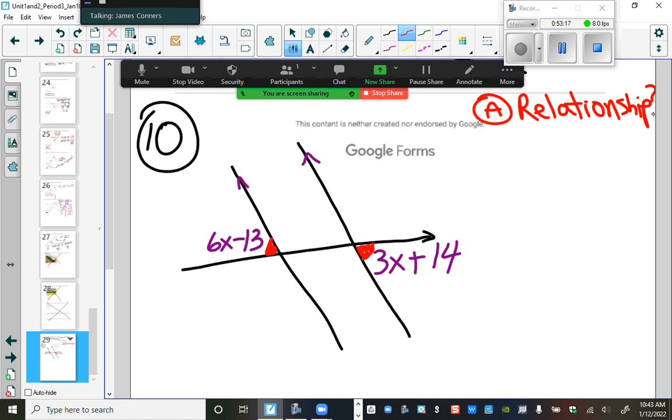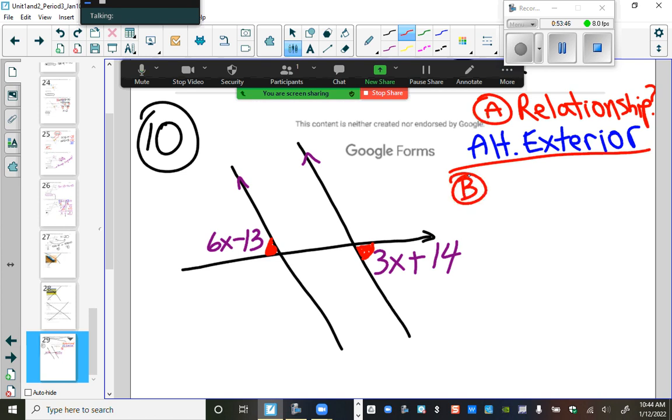Alternate exterior. Alternate exterior. All right, Zoe, Valerie, did you two get that? Well, yeah, that's what she said. It's alternate exterior. Number B. They're alternate exterior angles. What else do we know? If they're alternate exterior and they're separated by parallel lines, they add up to